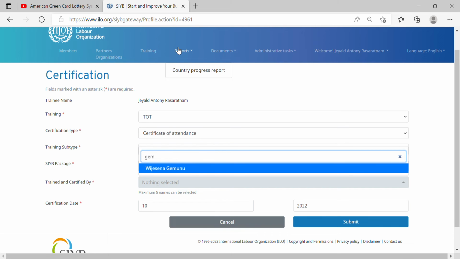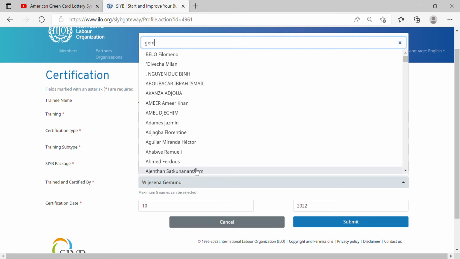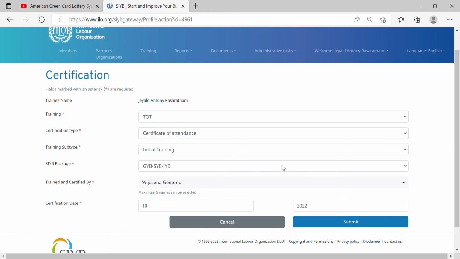Gemunu. So if you type a few characters of his name, then you will find his name. So here is Mr. Vijay Sena. Then I will click his name. If you have more trainers, you can select, but maximum 5. Then this should be the month of training. So you can put, for example, I just put the example August, and I put my TOT master trainers TOT